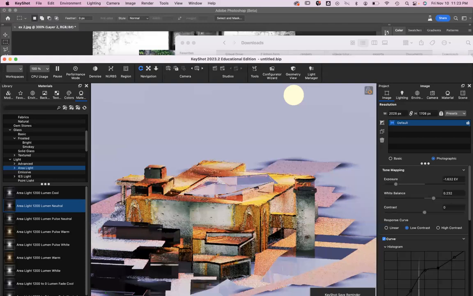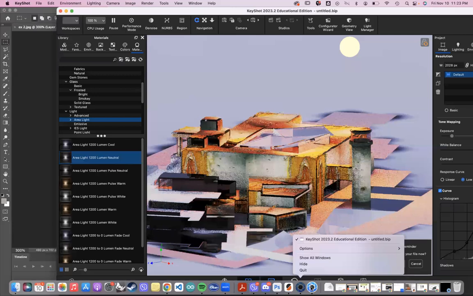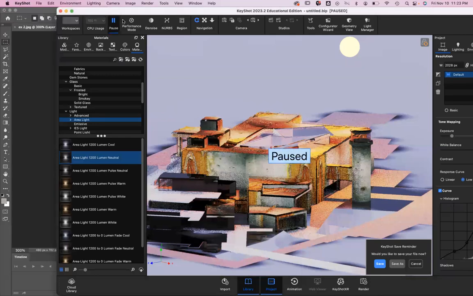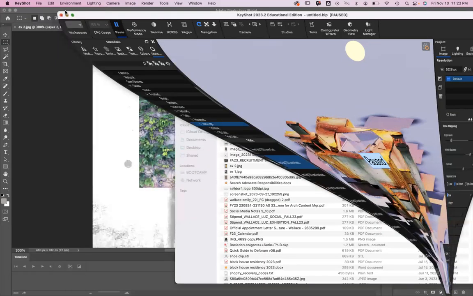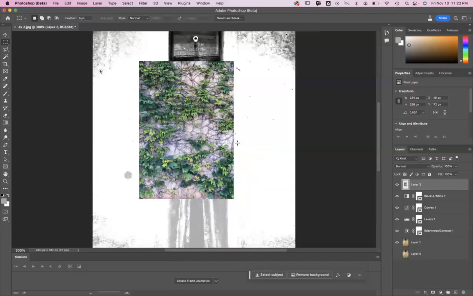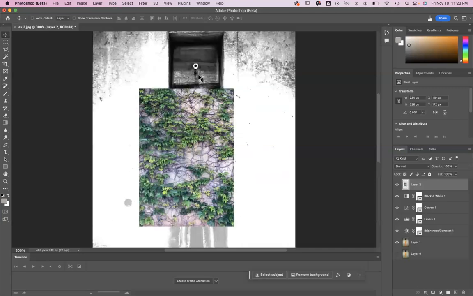While it's rendering, I think this is the render. Okay, I'm gonna pause it so that way it just renders well. So while it's rendering, I'm gonna speak to you about this Photoshop. What I was mentioning was,